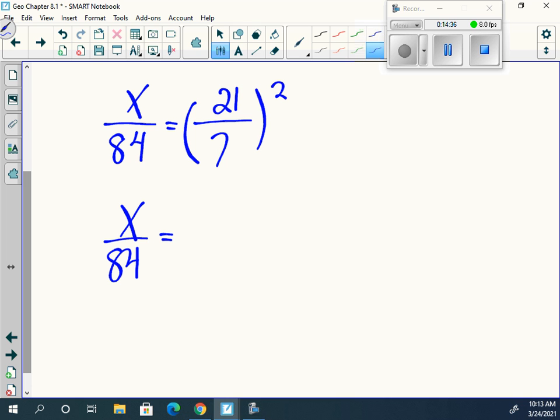Well, what is 21 over 7 squared? Y'all get 9? And if we multiply both sides by 84, these will cancel, telling us that x is equal to,